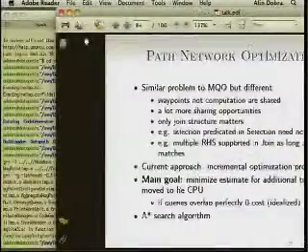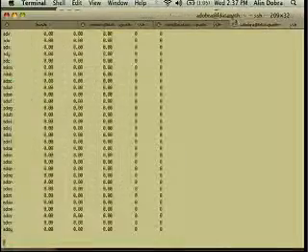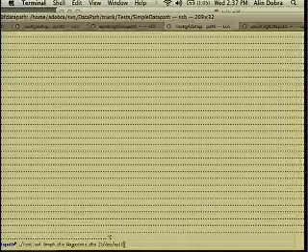So let's see how this is going to work. Not only am I going to run the system, but I want to see what the performance of the system is. I'm going to show you with IO stats how much I am reading from the hard drives. And let me actually start the whole thing.